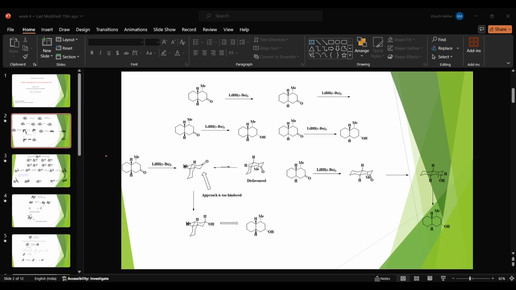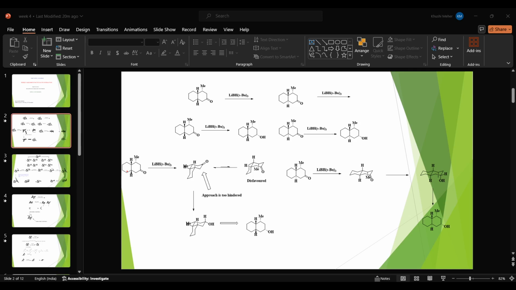That's why the attack will be from the hydrate. Whatever that BH is, it is the hydride transfer: instead of LiBH we have LiBH, and the hydride is nothing but the reducing agent here, and that hydride will transfer through the axial face. This is only because the axial face is much more facile, less sterically hindered, as compared to the equatorial face. When you draw any kind of cyclohexane ring,